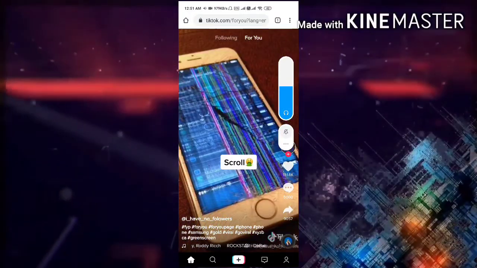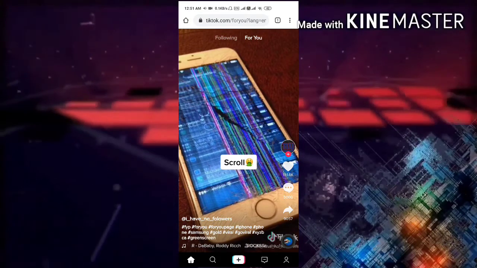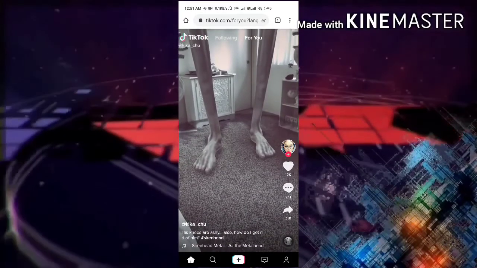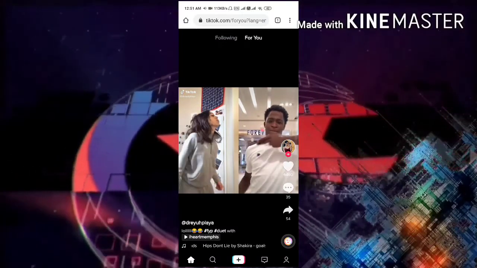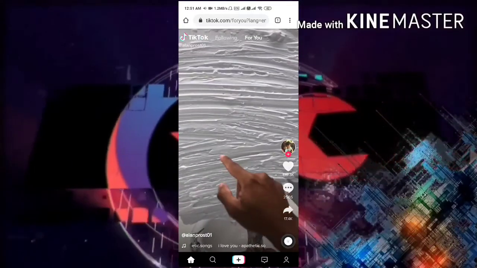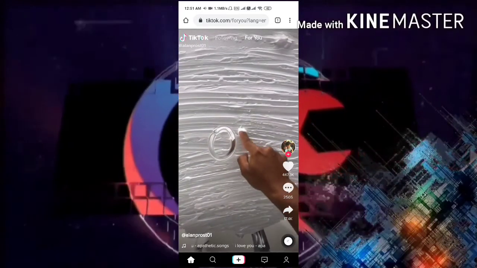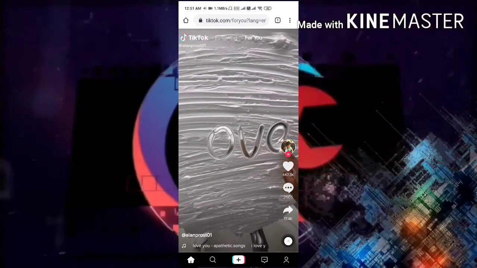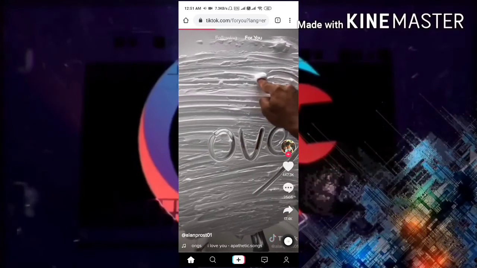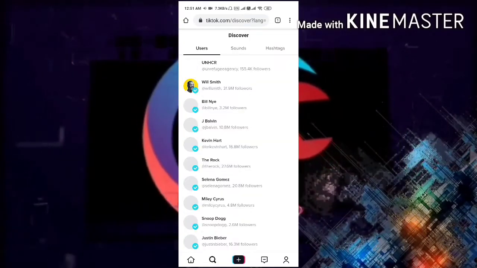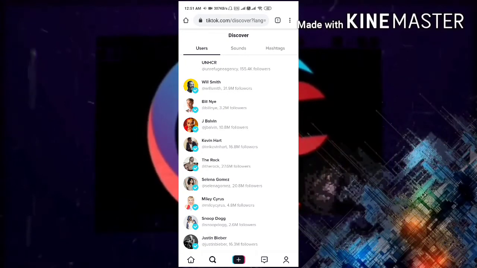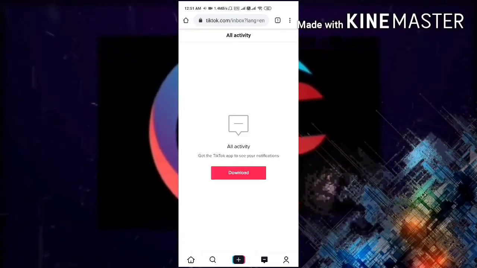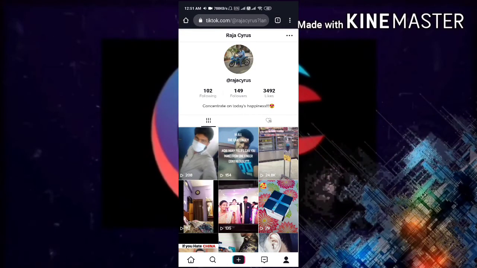The user interface will be quite normal, like the app you are using. There will be a lot of options, more than what you have seen in the app, and you swipe up to see the next video. But the little drawback is that video loading will be very slow compared to the app, because in the app the videos are preloaded automatically, but since it's a web page, the loading might be slow on some devices based on your internet connection. So all the activities and features will be the same as what you use in your app.